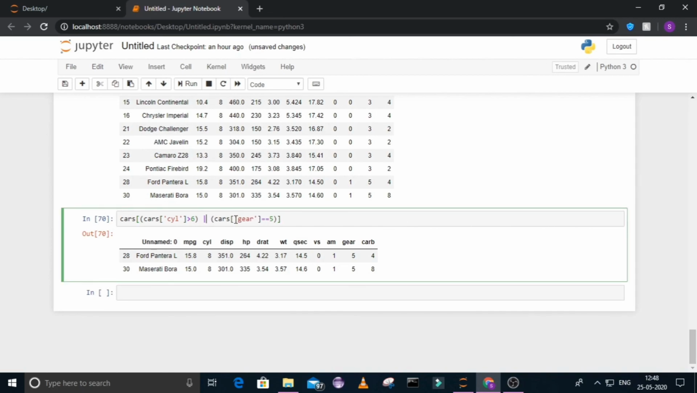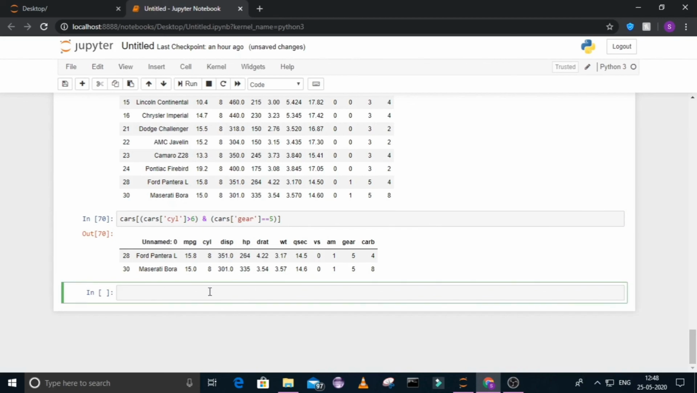So this one is a pipe operator, the same as an OR, it's a pipe symbol which is for the OR operator. So that's all for pandas. Now there is lot